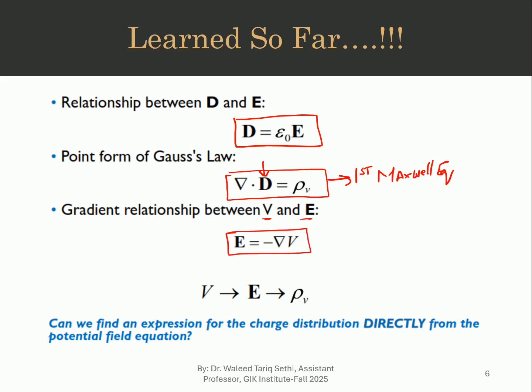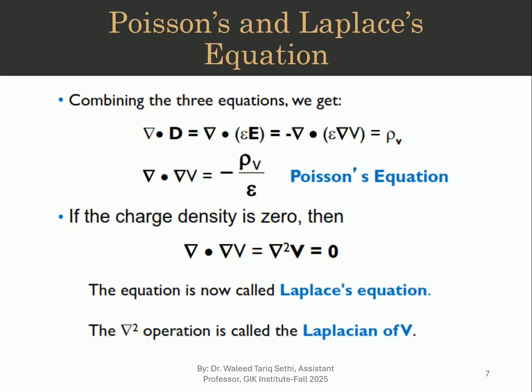Now once we have all this data, can we have another equation that can help us figure out the volume charge distribution? If we know the potential and the electric field, is there an easy way to find the volume charge distribution from them? And yes, there is. We can directly find rho v by using